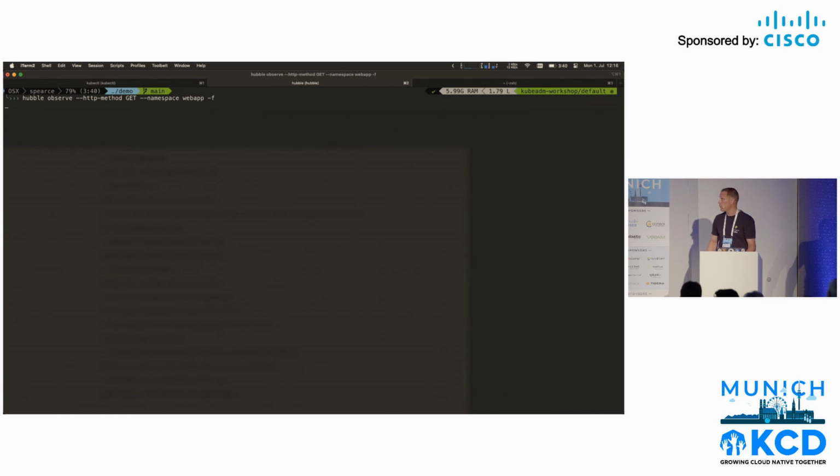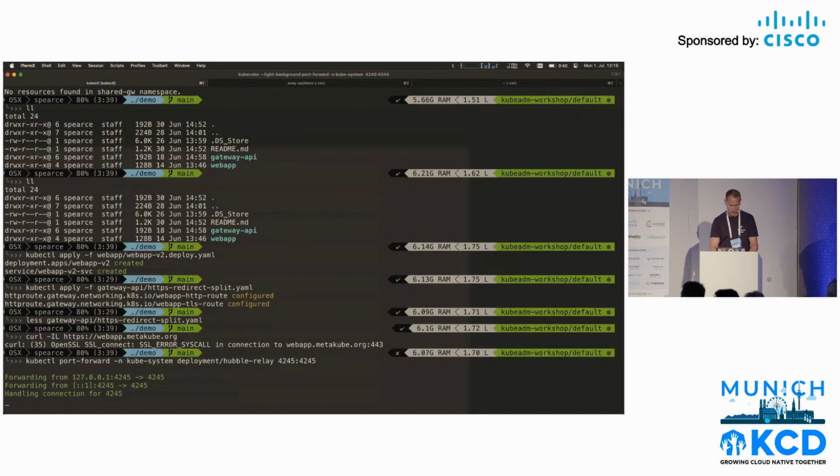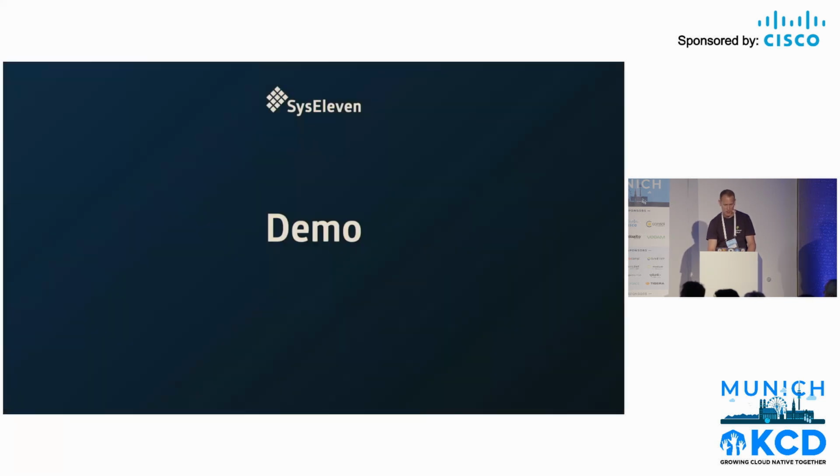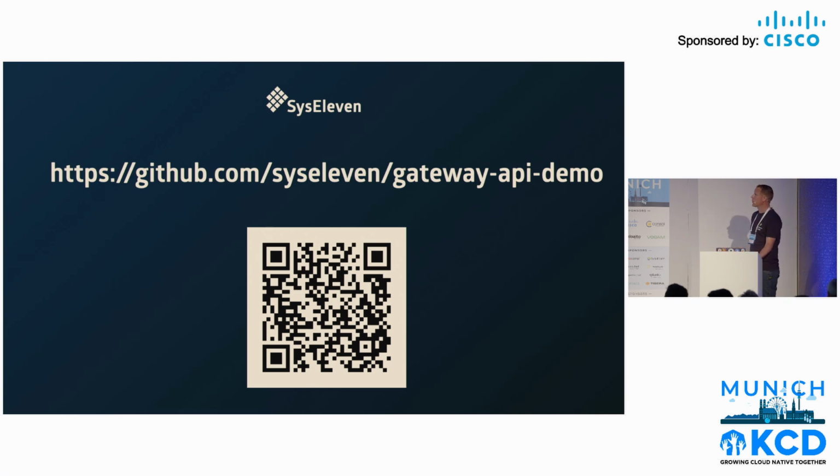I'm sorry that I couldn't get the rest of my demo to work. But you can definitely try it at home if you want to, which should work. During testing yesterday, this all worked. I have put all this together for you on GitHub with a few examples, so you can check it out. The whole idea is to build up a cluster, any form of cluster, it can be kind or anything else, deploy the Cilium CNI and the Gateway API on top of this, and then you should